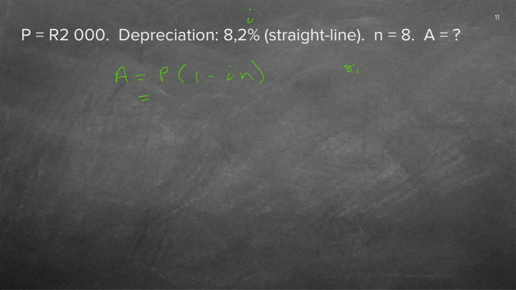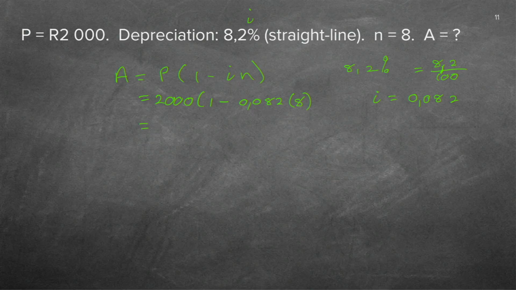Remember, 8.2% is actually 8.2 divided by 100. We don't like any of those, so actually we rather prefer 0.082. And remember what I always say, it's not 0.82. There needs to be 2 decimals, 0.082. So you need to take that comma there and move it 2 decimals to the left if you want to do the decimal format of the i. So the P was 2,000. 1 minus the i was 0.082 and the N was 8.